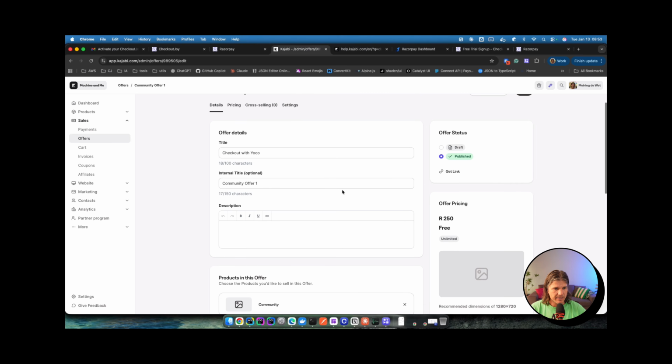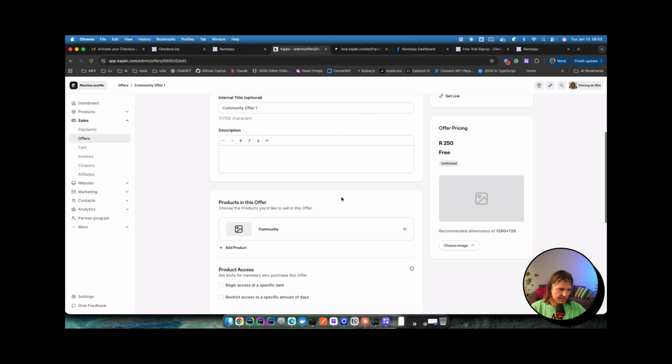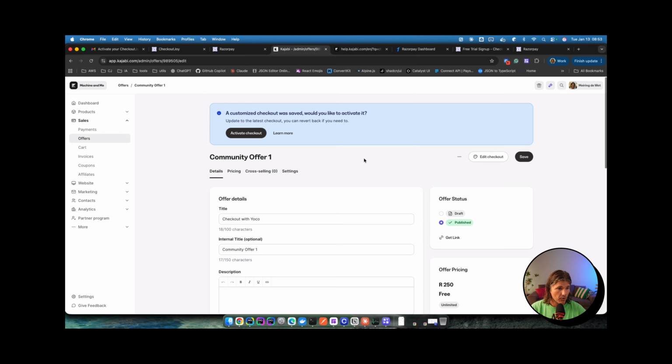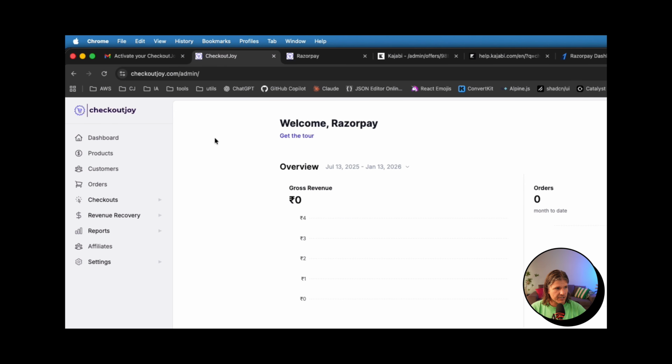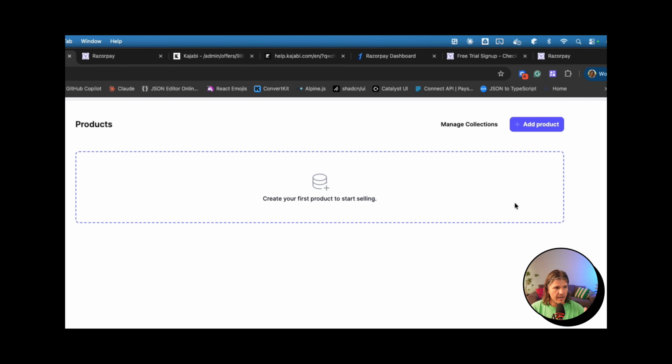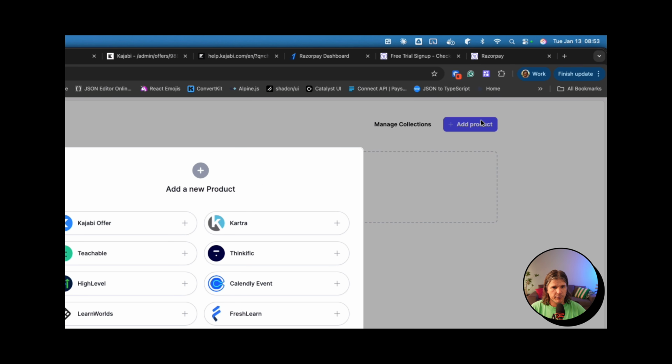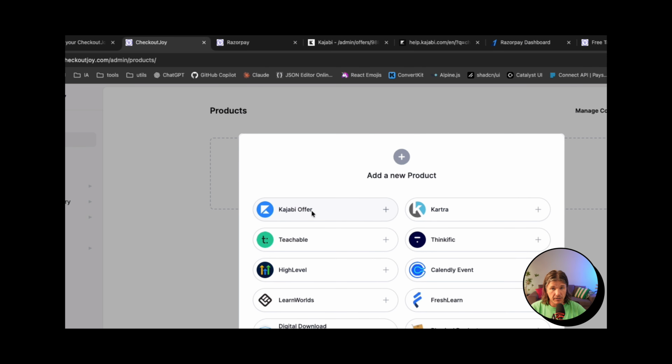All right. This is technically a free offer in Kajabi. It's linked to a community offer or product. And I'm going to set this up in CheckoutJoy. So the process works like this. In CheckoutJoy, you go to products in your dashboard and you select add product. So there's the pop-up, you select it's a Kajabi offer